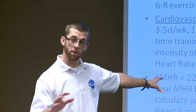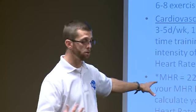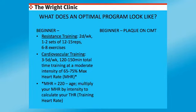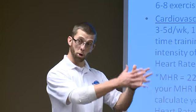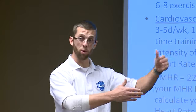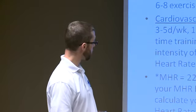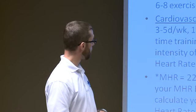So there's a handy formula if you're not familiar with how to calculate heart rate zones. Many of you are, but several may not be. Max heart rate is determined by taking the number 220 and subtracting your age from it. That gives you what's called your age predicted maximum heart rate. So that gives you your max level that you should ever push towards. Then we take our percent of 65 to 75%, multiply it to that max number, and that gives you your training zone. So for this beginner, we can go through that process and identify what their heart rate zone should